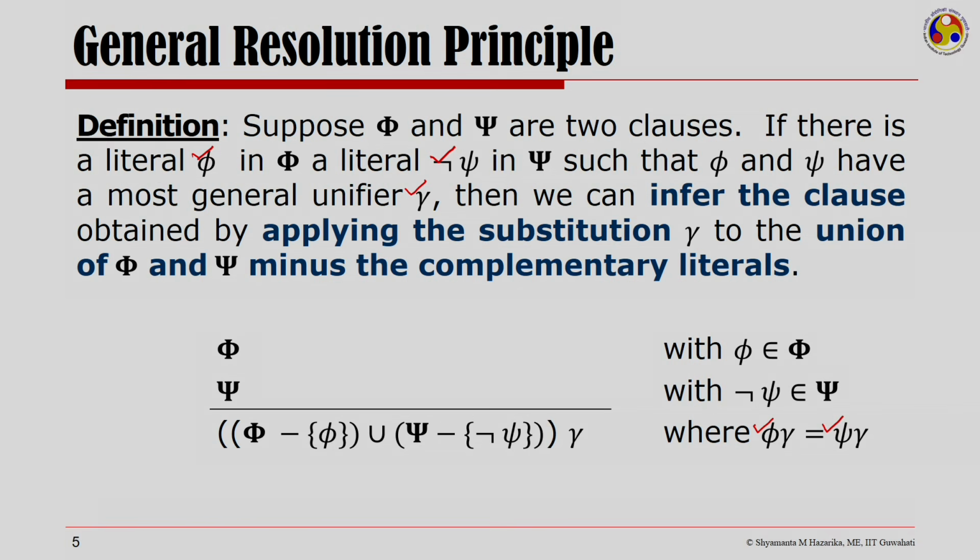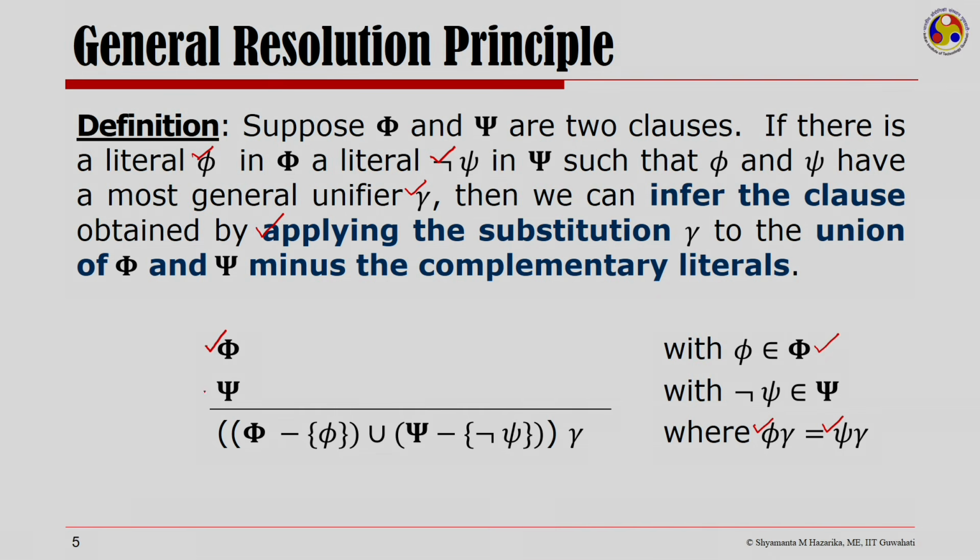So, I have a clause phi and I have a clause psi. Phi is a literal in the first clause and not psi is a literal in the second clause, and they have a general unifier gamma. Then we can infer the clause obtained by applying the substitution gamma to the union of phi and psi minus the complementary literals. So, basically it would mean that if I have a clause phi which has phi in it,